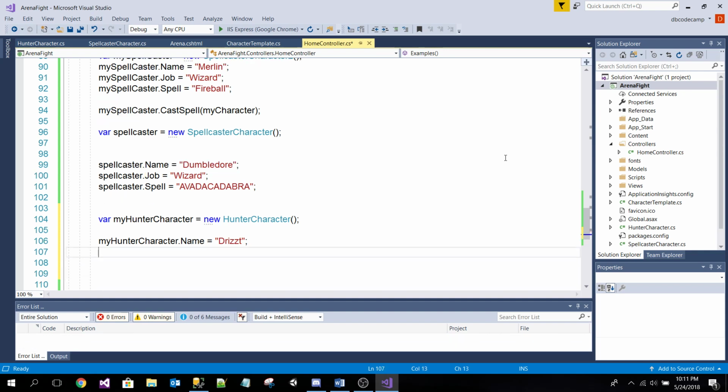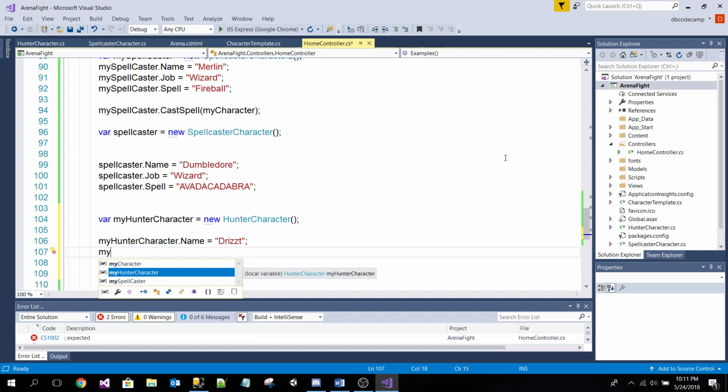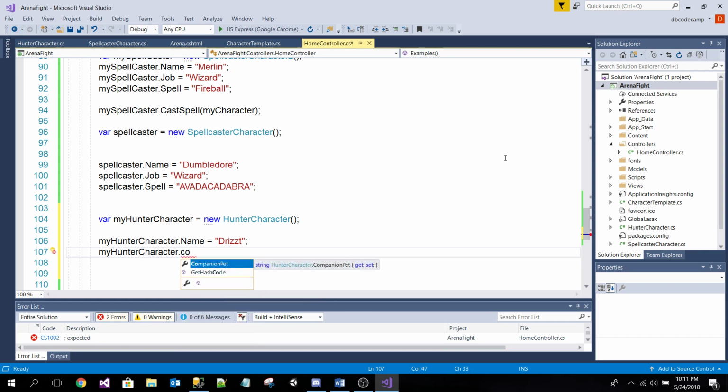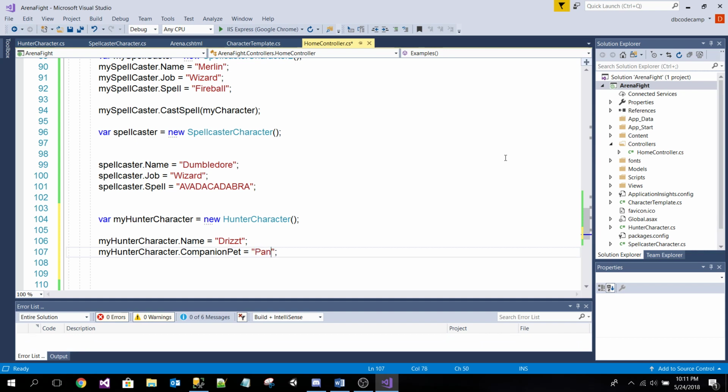Companion's a panther, right? I think so. Yeah, it's a panther. Wait, what kind of pet does Drizzt have? What's his companion? It's a panther. Okay, so